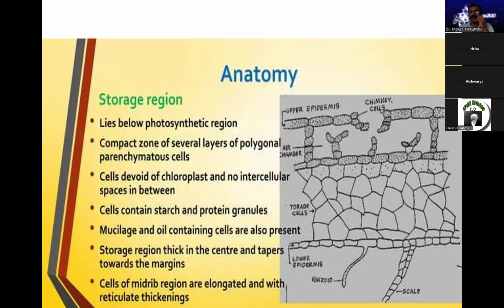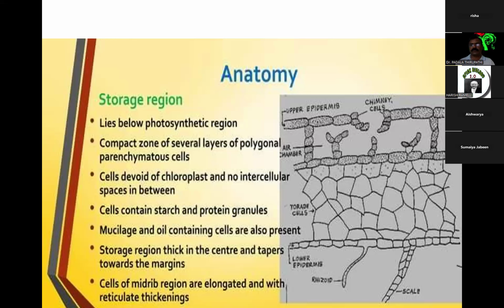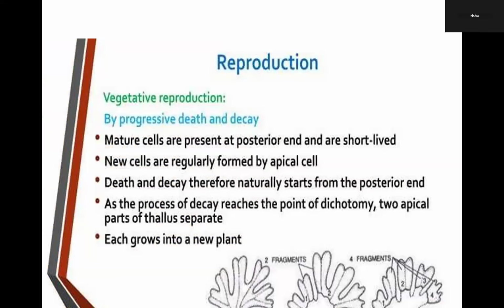The storage region is thick at the center and tapers toward the margins, because the thallus is thicker, multi-layered at the middle, and toward the margin it is thin. That's why at the center it is thick. Cells of the midrib region are elongated with reticulate thickenings. And on the lower side, from the lower epidermis in the midrib region, rhizoids and scales are seen. So this is the anatomy. Dorsiventrally